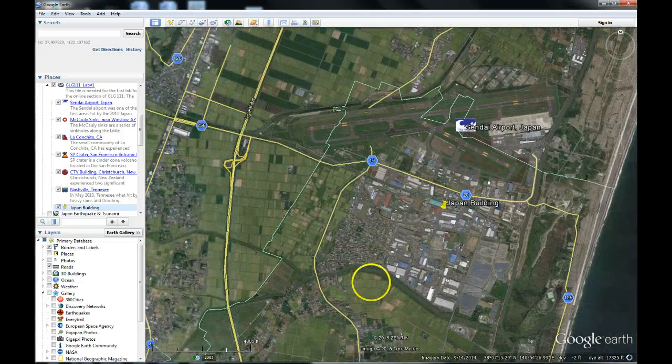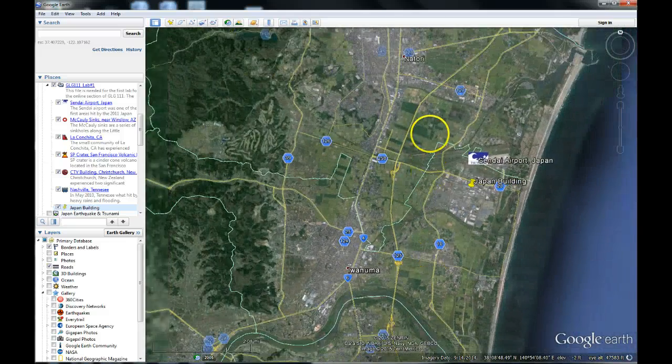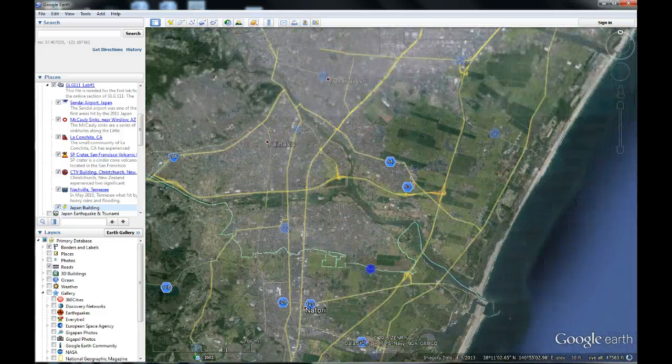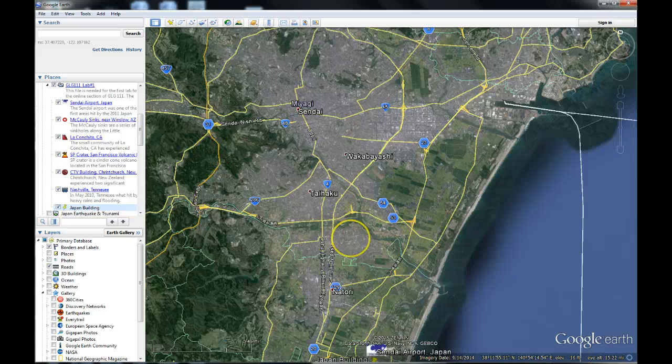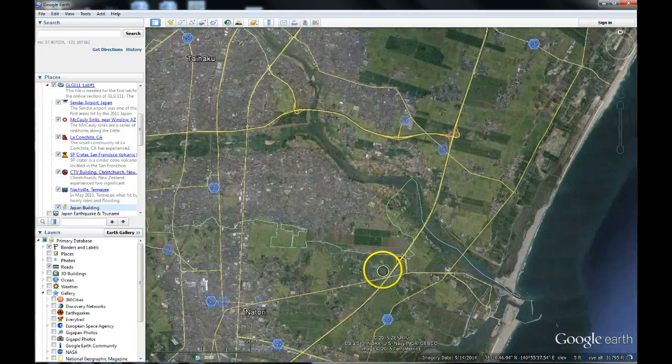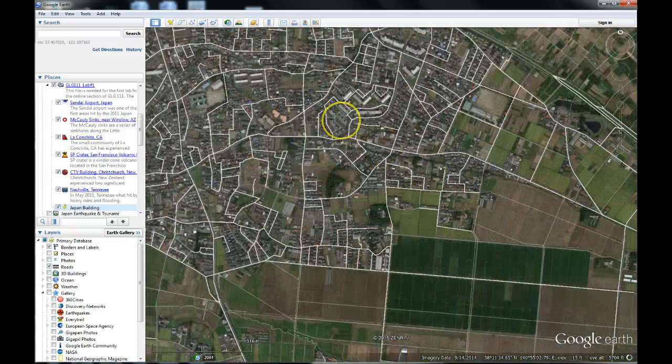All right, it's a really cool program, and it's really powerful. We're going to be able to overlay images on it. We're going to be able to do a whole lot of really neat things using this. But it's pretty important you feel comfortable with it right off the bat. If you've used it before, or you sort of feel uncomfortable with the tools, I encourage you to look around